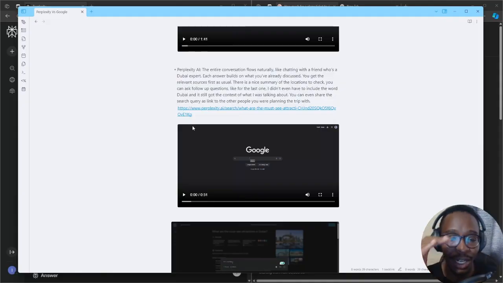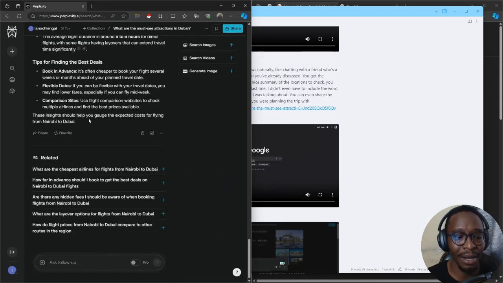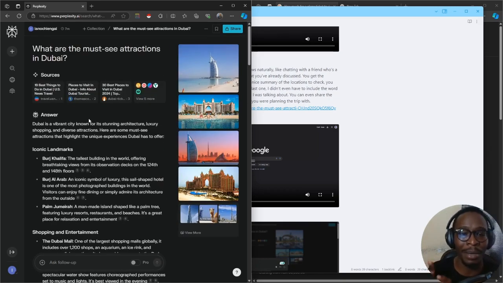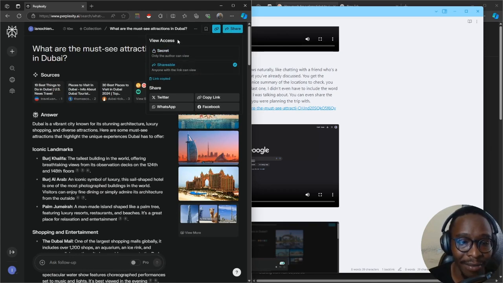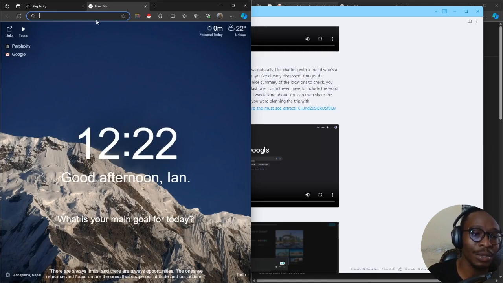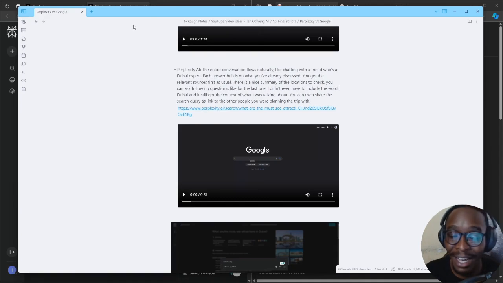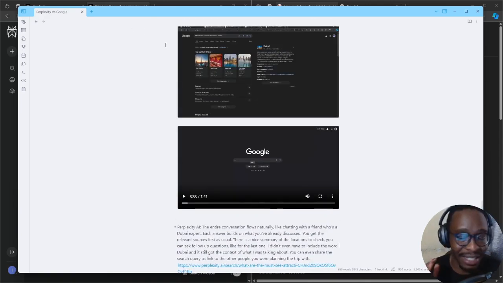The other thing that is really cool about the way Perplexity works is that if I were planning this trip and I have friends that I want to share with, so this is where my research has gotten me, I can come here and click on this, and then here we have view access, secret and shareable. Click on that link, it's copied, and let's say I send it to another friend of mine, they can paste the link in their browser, and then they'll be able to see how my research went.